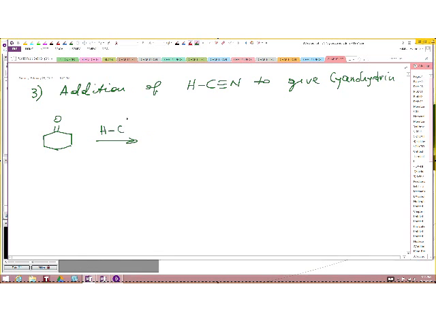HCN, hydrogen cyanide, which will add to the carbon-oxygen double bond of a ketone or aldehyde to give you